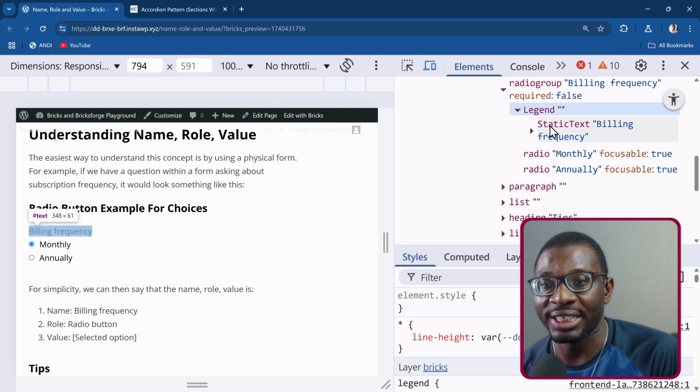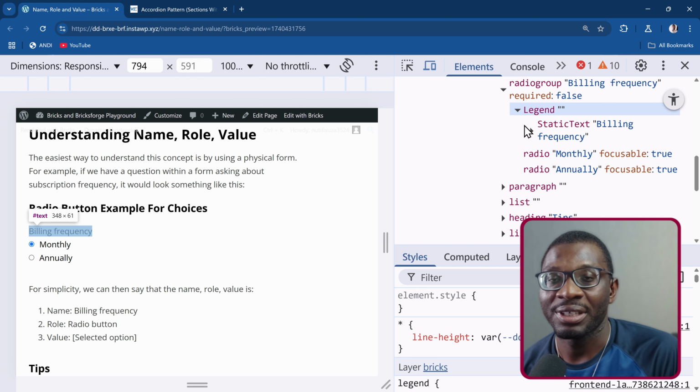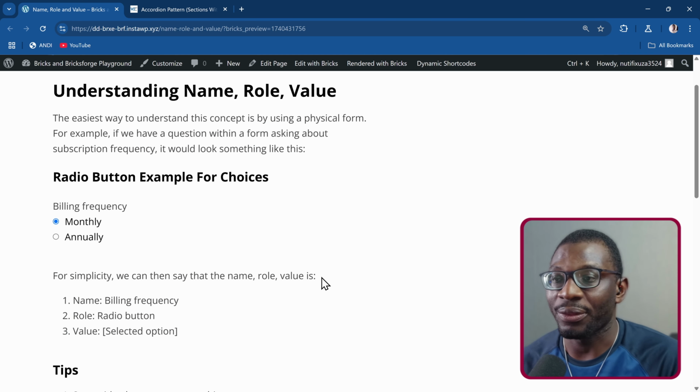This is just a simple use case. So we always have name, role, and value. You always have to think about it that way. And everything should make sense when you read it back to yourself. That means the name, role, and value, when read together, should become meaningful. If the name, role, and value, when read together, is not meaningful, then you need to change one of those